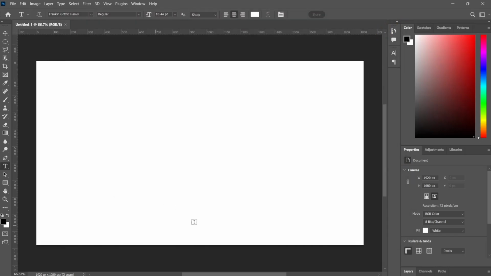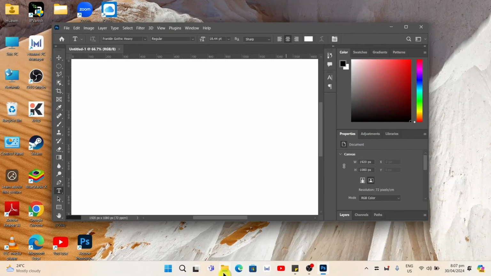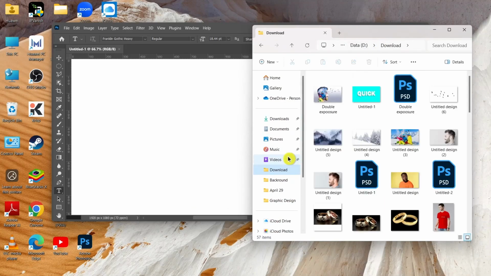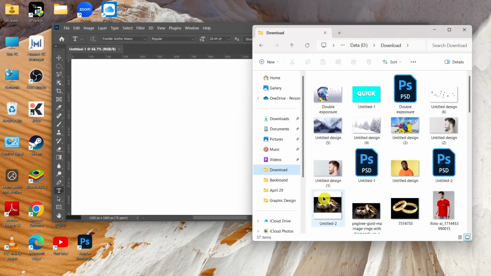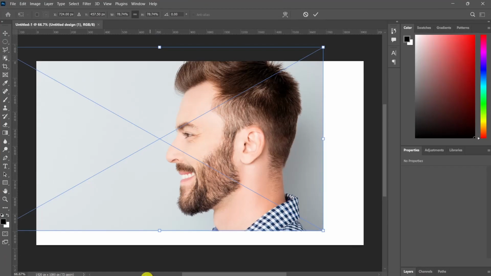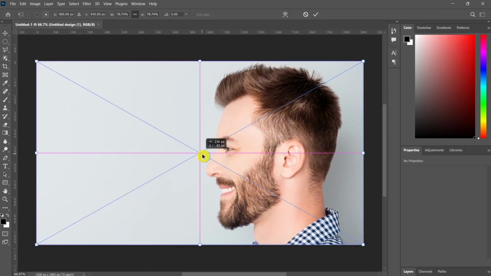Now once you've created this one, let's go and add an image. So you can use the drag and drop feature. So right from here and then select the image, drag and drop. For example here, we can now drag right here and then you can basically drag this image to customize